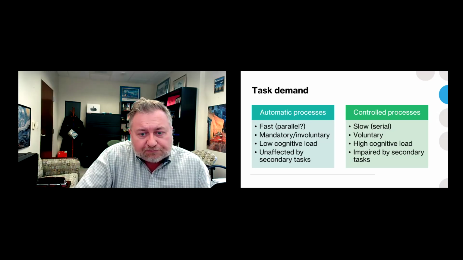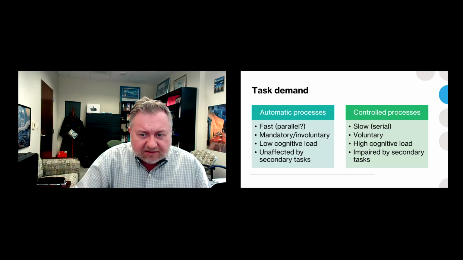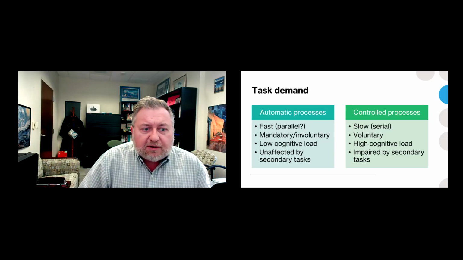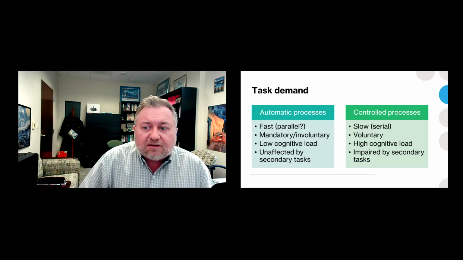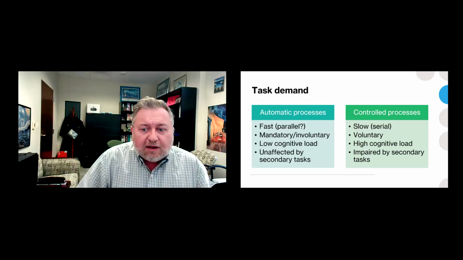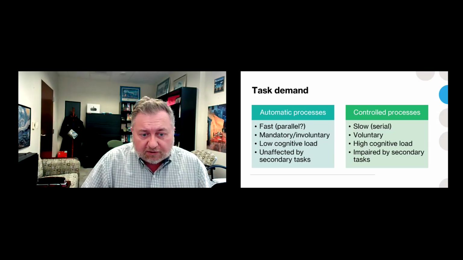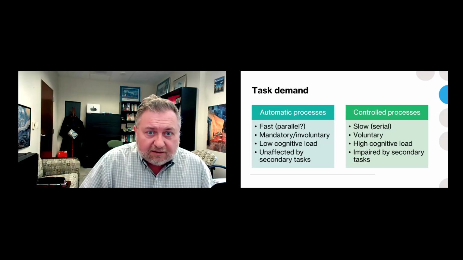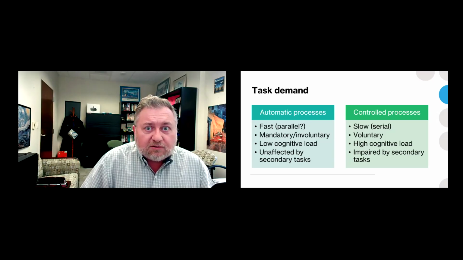So a couple of breakdowns here, like a side-by-side comparison list between an automatic and a controlled process. Automatic processes are fast and controlled processes are slow. Now, we've talked a little bit already about parallel and serial processes before, so we can bring that in here, right? So talking about feature searches in attention research, those are parallel, right?